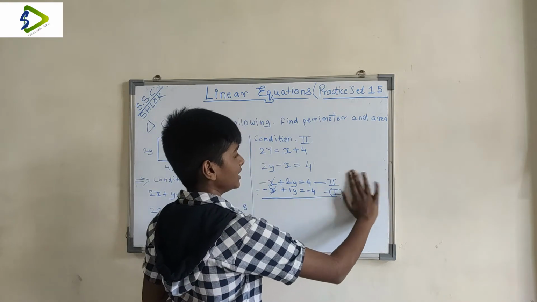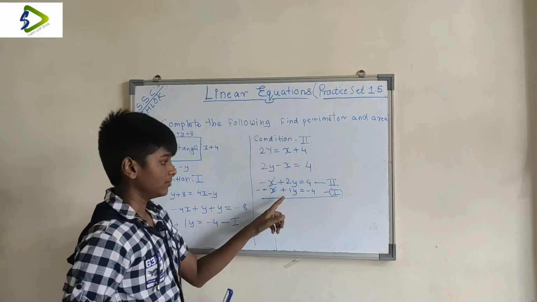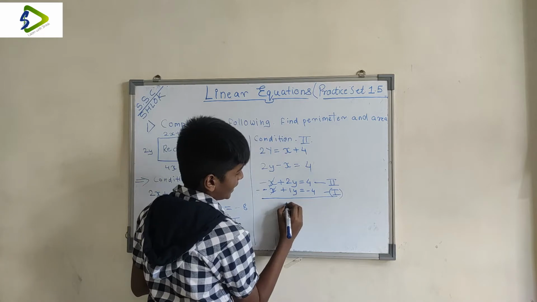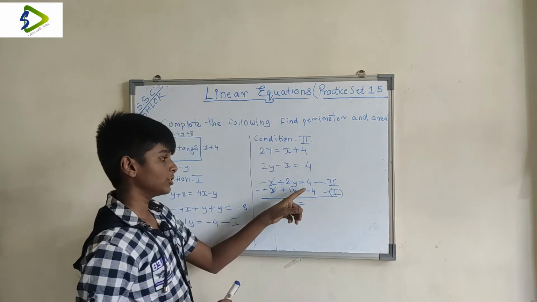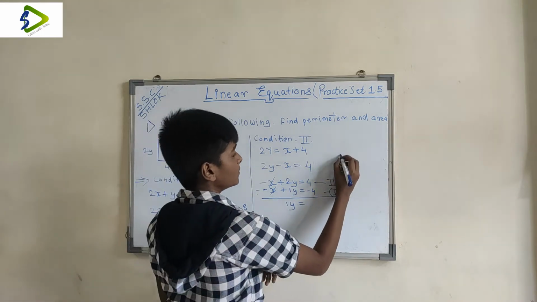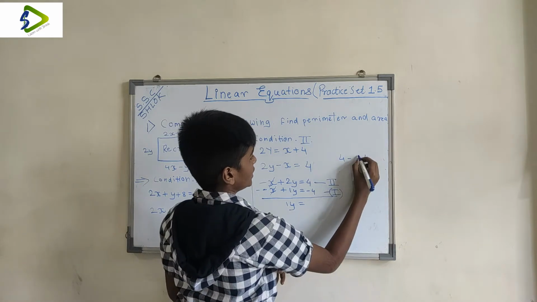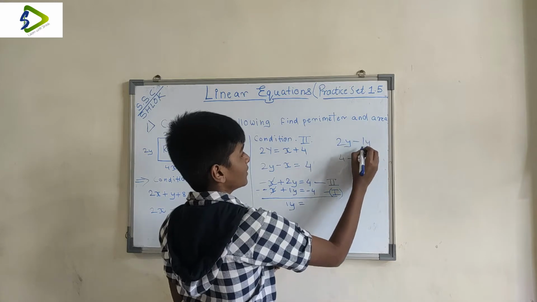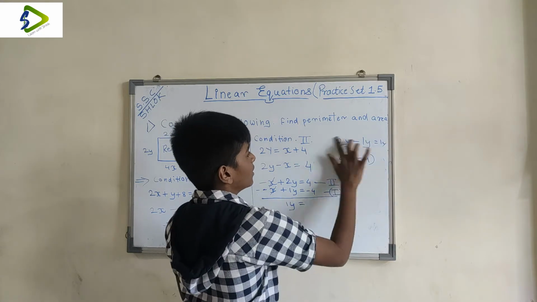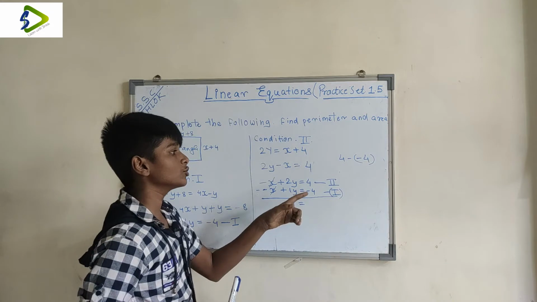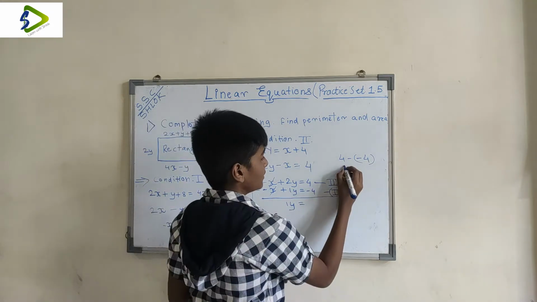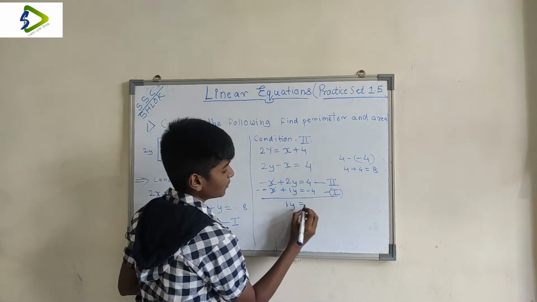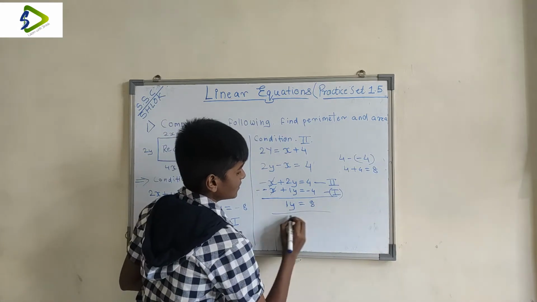Now that we have cancelled the x's, 2y minus 1y means just y. Okay, 1y is equal to, now here 4 they have written, and 4 minus of minus 4. Okay, I have not taken y, but I think that y is simple. 2 minus 1y is just 1y. So now we are coming to the 4. So 4 minus of minus 4 will be 4 plus 4, which is 8. So we got 1y is equal to 8, and that is the value of y.